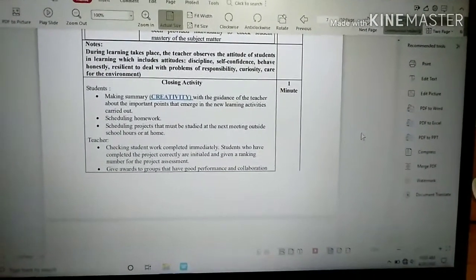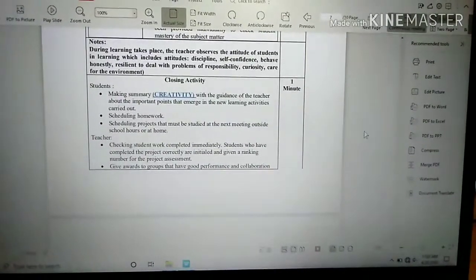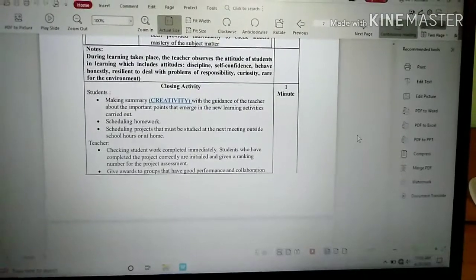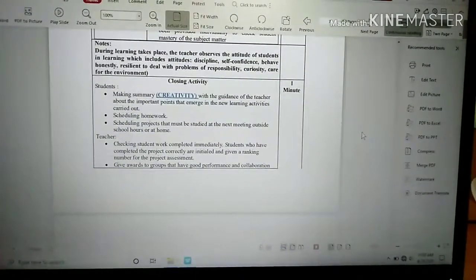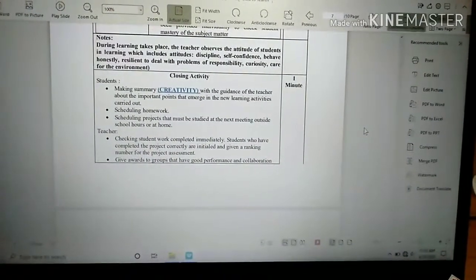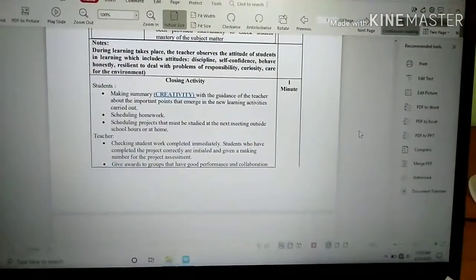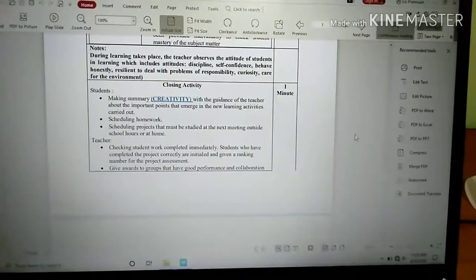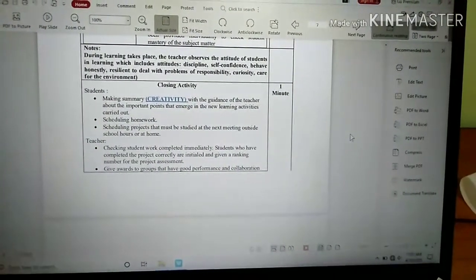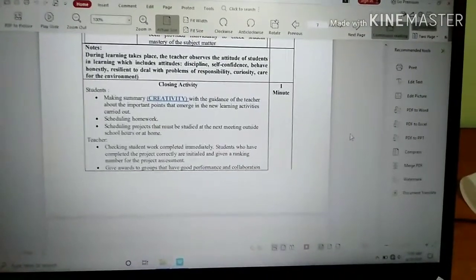Closing activity. Students make a summary creatively, with the guidance of the teacher, about the important points that emerge in the new learning activities carried out. Scheduling homework, scheduling projects that must be studied at the next meeting outside school hours or at home.